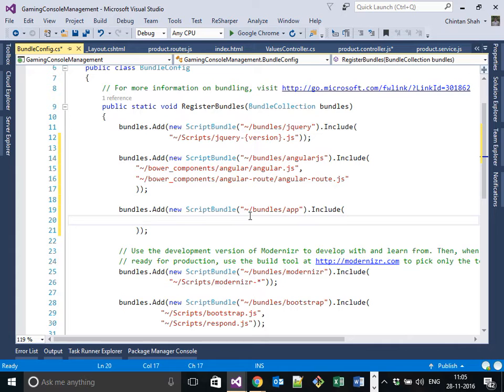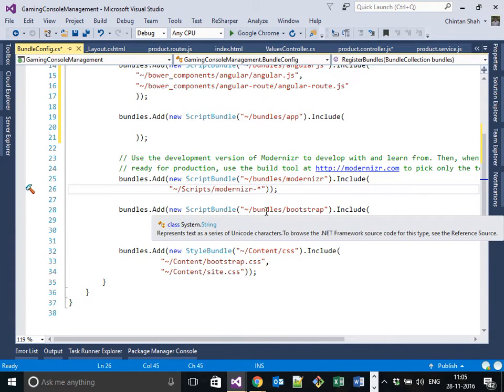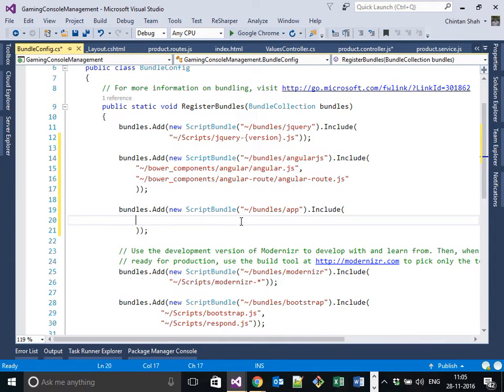So what essentially you can do in this case is something similar to what is done over here, modernizer. You can write star after app/product. So it will add all the files. But then there is no control which file will be loaded first. So here we'll go with the app/product/